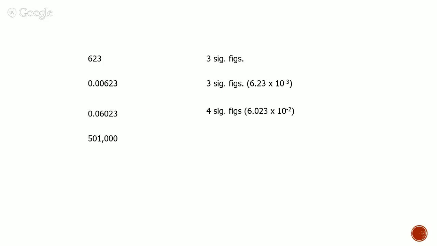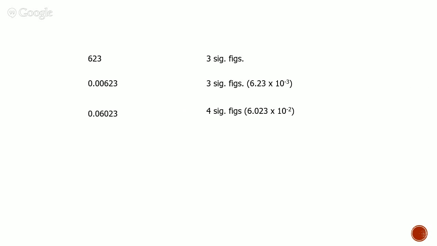There's some ambiguity there, and ambiguity means uncertainty, and sig figs are all about certainty. So if you're not sure about those zeros, you really shouldn't count them. So we will say 3 sig figs. And I messed up. That should be 5.01. Oh, I'm off to a good start so far, aren't I? So I wonder if I can put that in and have it show up. There we go.